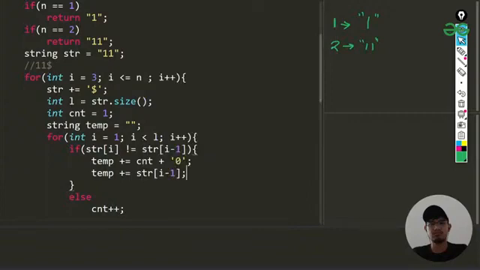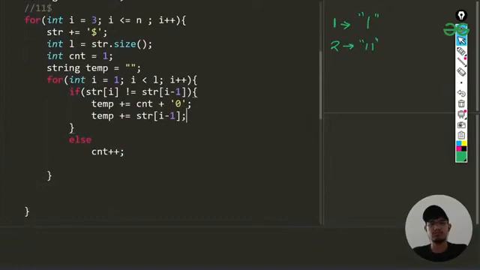Okay, so basically str of I will be checked here, str of I minus 1 will be checked. If it is equal, which means we'll be incrementing over this, then we'll be moving up to this position. Okay, we'll just be moving up to this position, and we'll be checking that it is not length, it is less than length, so we'll be checking this one, then we'll be pushing into this again.